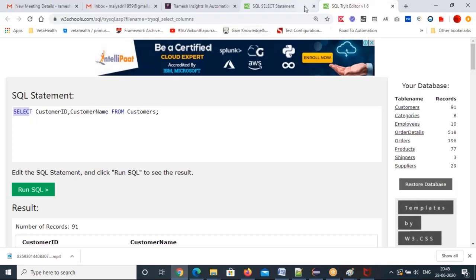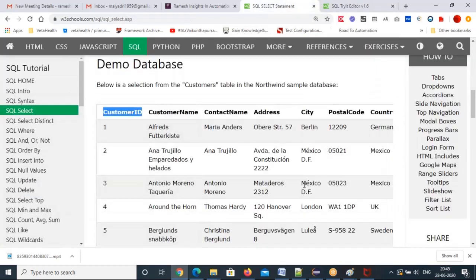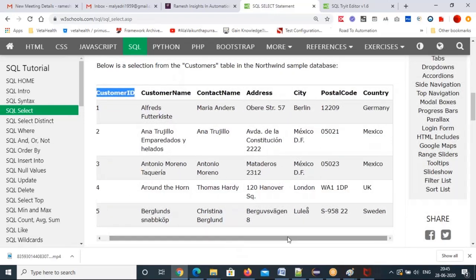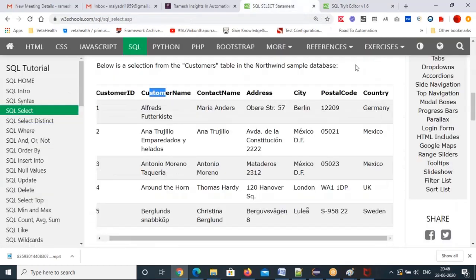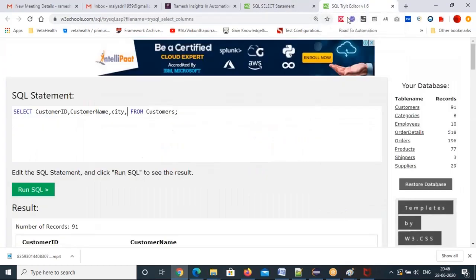It will fetch. If anybody wants something else, let me know and I will execute it. For example, I want country, city, postal code with the customer name. So I'll give city and country, with the column name exactly.